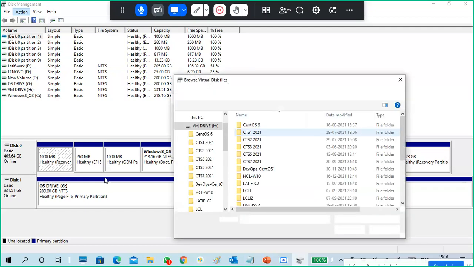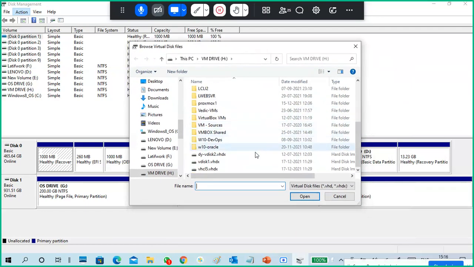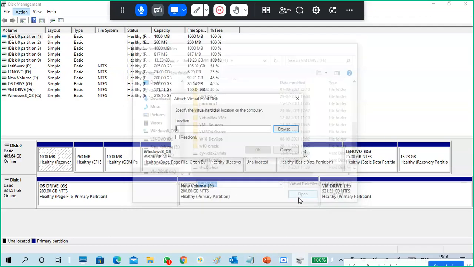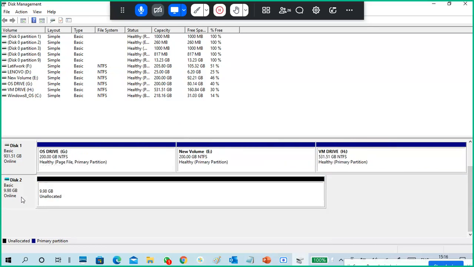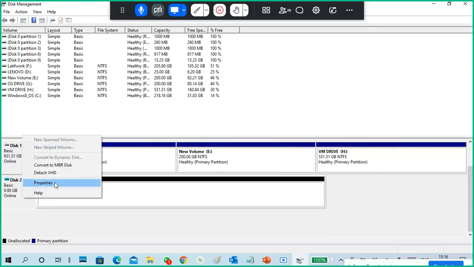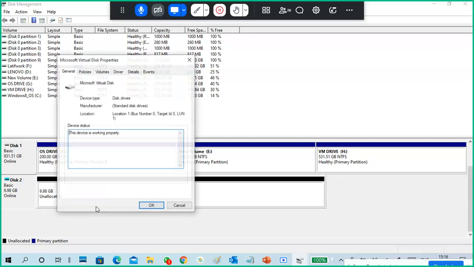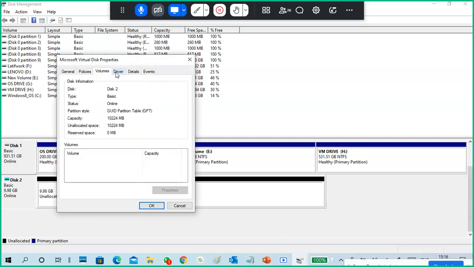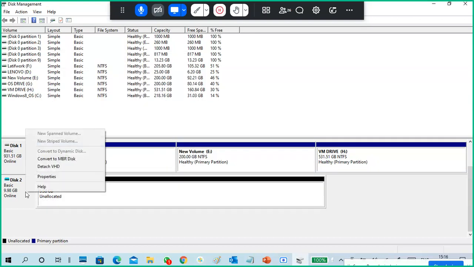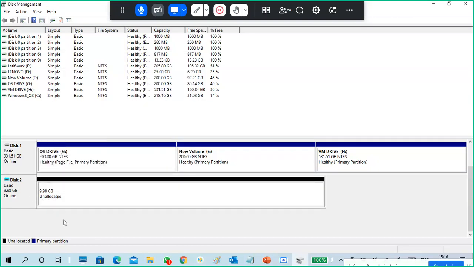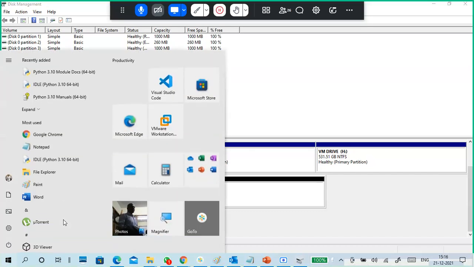So I have two hard disks, and I'm attaching a virtual hard disk here. This is an empty hard disk. We need a very fresh hard disk. You don't get a disk management command from your side.